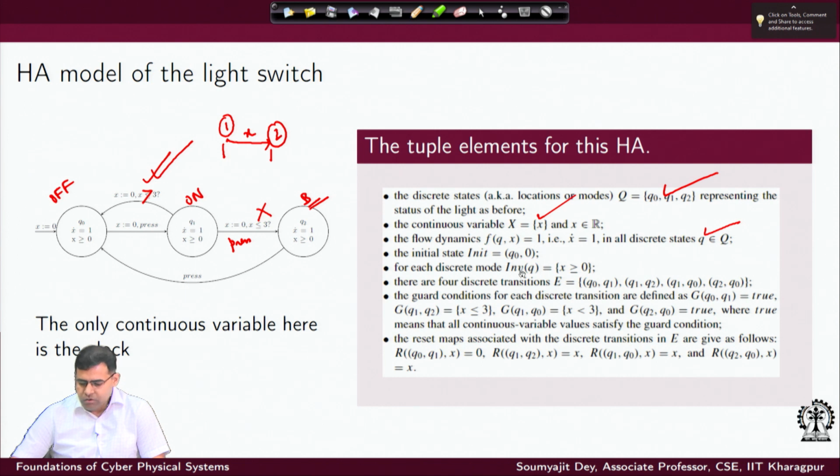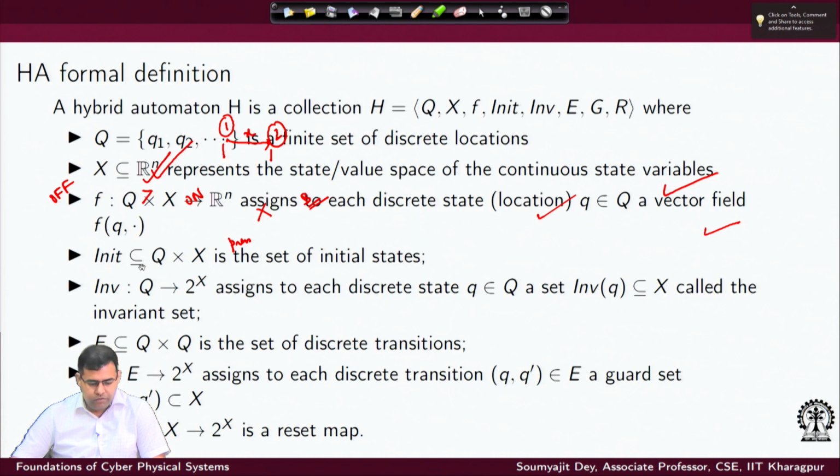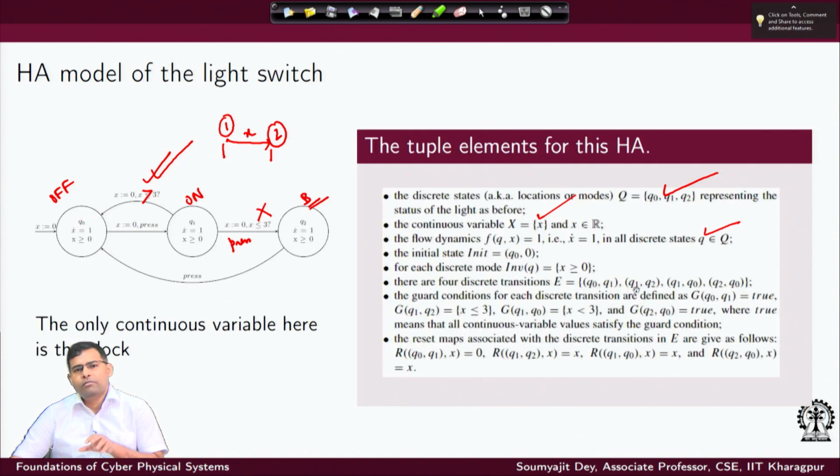Now, we needed the invariant condition, if you see. So, invariant condition meant again that for every q, it is possible that you have a set of possible valuations. Inv of q is a subset of x, that is why the mapping is to the power set of x. That means, from this side you pick up a small q, and from this side you pick up a subset of x, right. A subset of x means the entire valuation space of continuous variables, and you are picking up one specific part of it, which may be given by some equational relation on the continuous variables